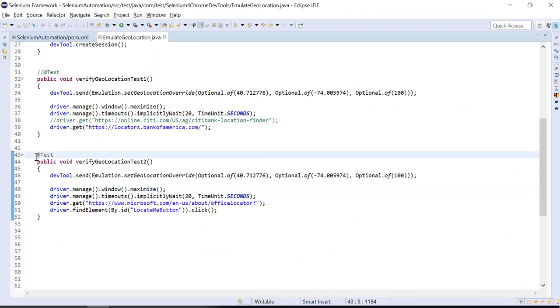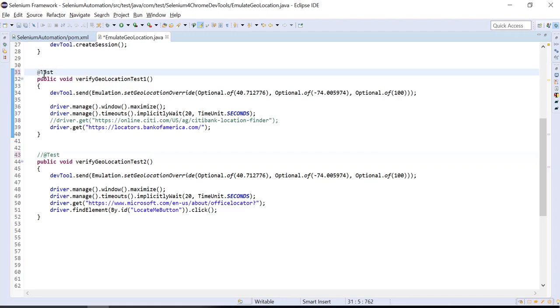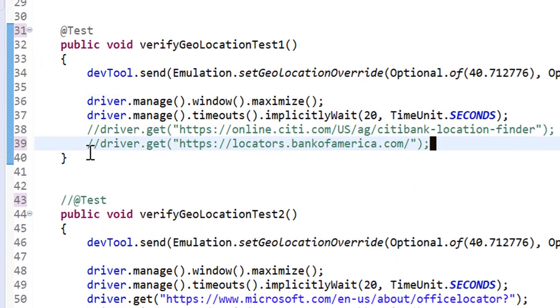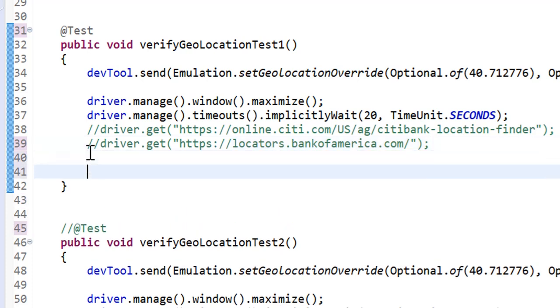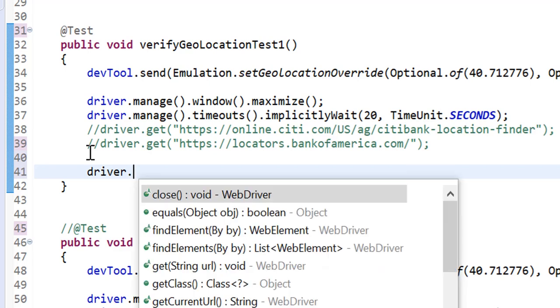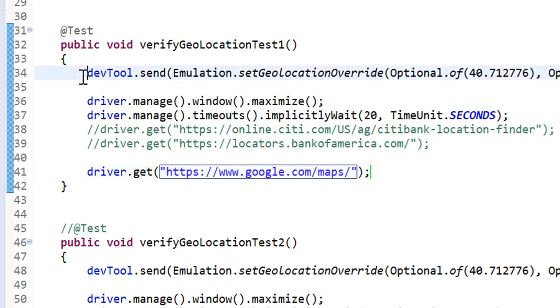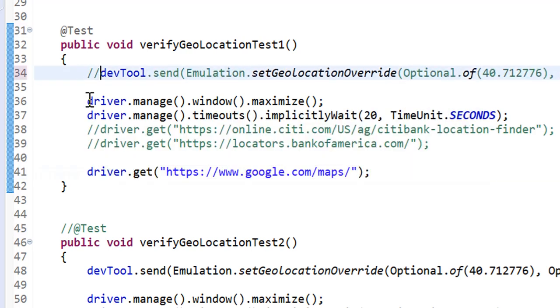Okay, so let me use my first test case that is similar to this one. Let me comment this line. Driver dot get, and I'm going to launch Google Map. Before this, I am just commenting the geolocation emulation code.